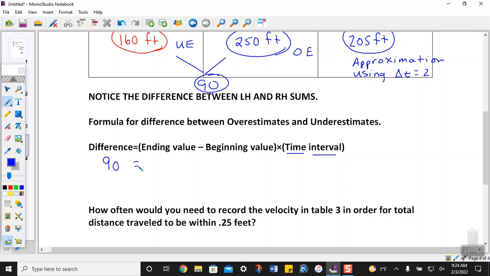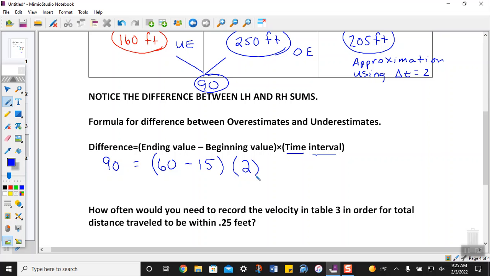60. Minus the what? Beginning value. In our case, what was the beginning velocity at time 0? 15. And then we're taking that times our time interval, which was delta t. What was that value again for delta t? 2. No coincidence that this works out, but help me out: what's 60 minus 15? 45 times 2. Oh my gosh, that means there should have been a distance of 90 feet between my underestimate